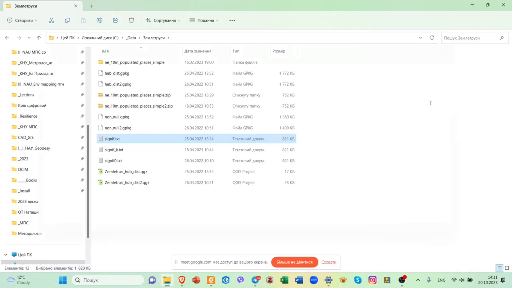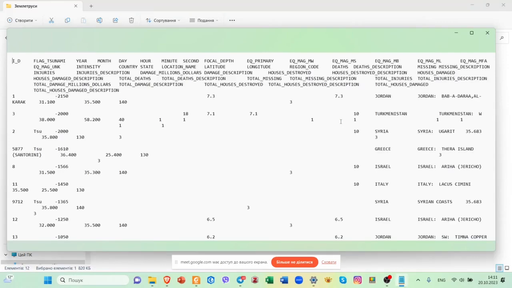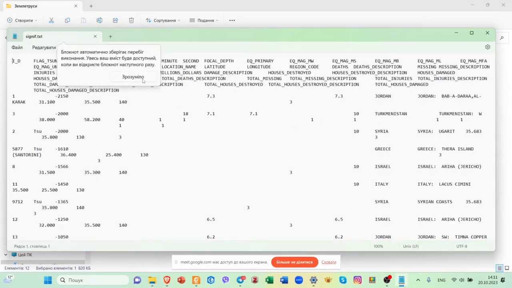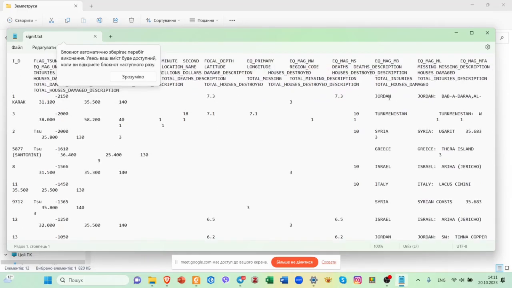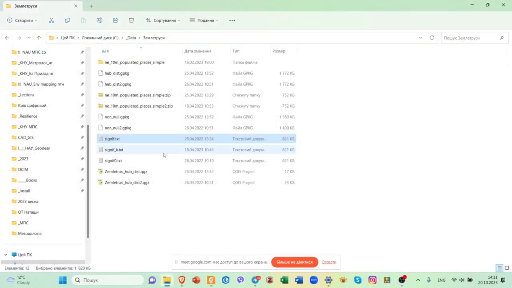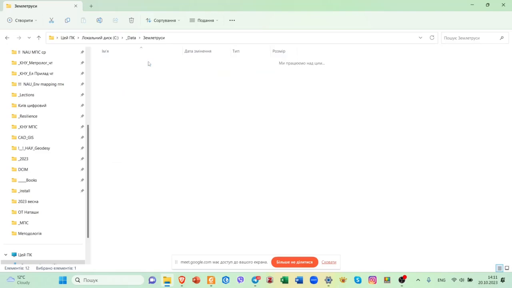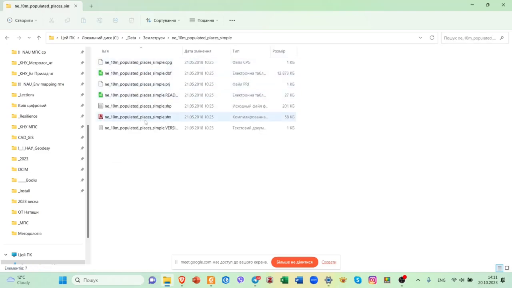You can find the TXT file with information about the biggest earthquakes. Another data set is populated places,